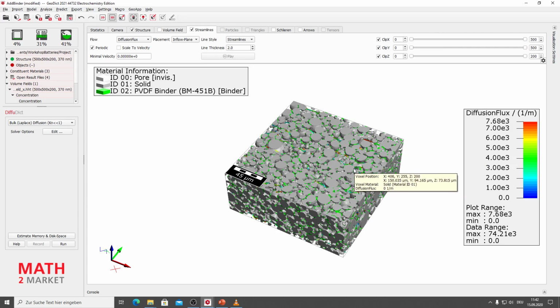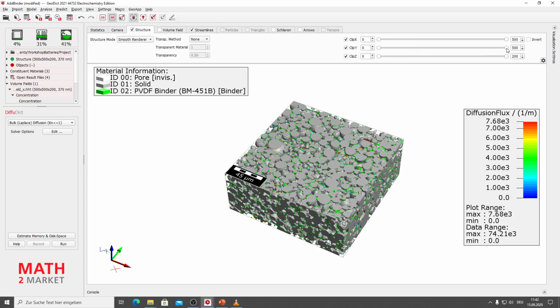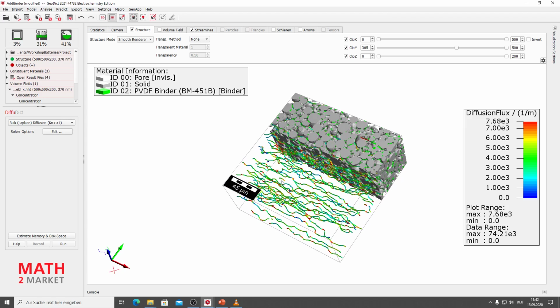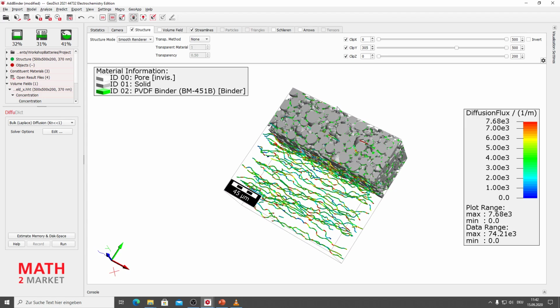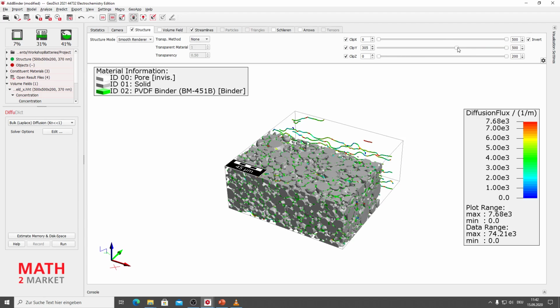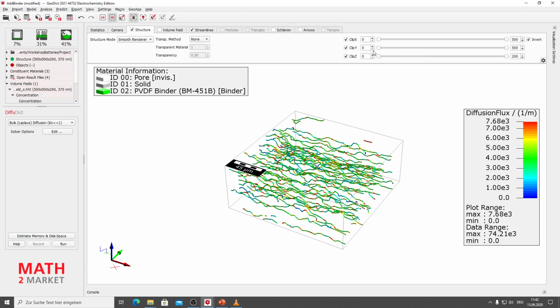And you can see that there are still some things inside of the structure, but it's hard to see what it is. So we go back to the structure tab, and we can clip into the structure now from each side. And you can see what is left is the streamlines, so the path where the particles go through in a diffusion process. And to make this look beautiful now, I would suggest to check the invert checkbox here so that everything that we clip is being shown and everything that we don't clip is not being shown in the structure.